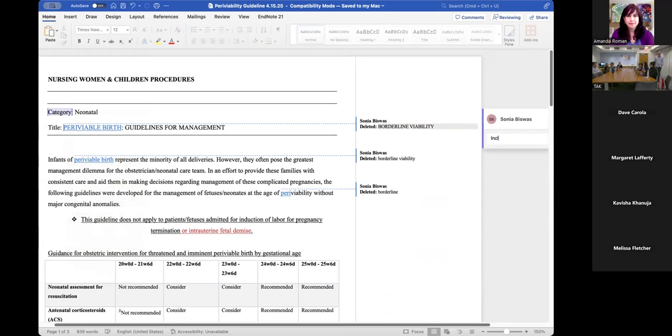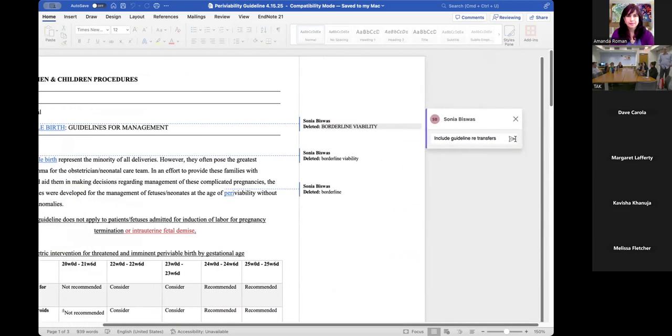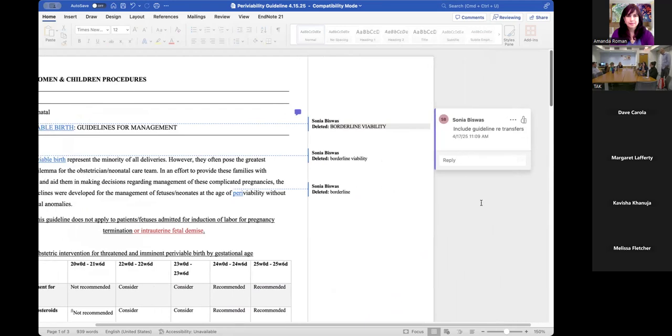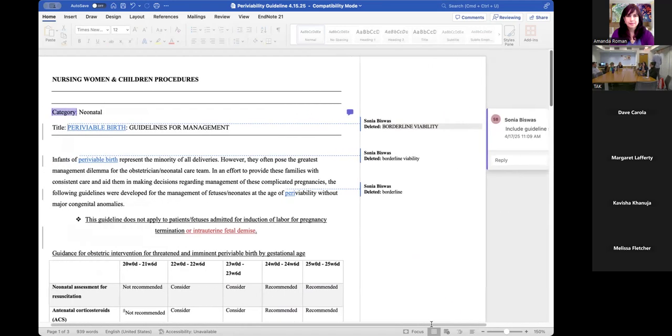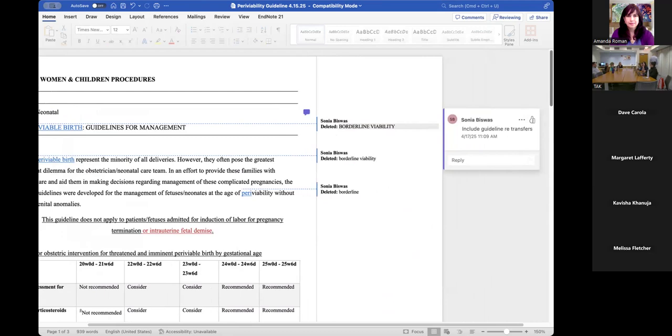Yeah. I think the patients have come to us with different expectations because of what they've been told at outside institutions, and then they end up coming here and sitting without any change in their care. But I've gotten called to come and talk to them, and some of them have been under the impression that we're going to be doing something different as far as neonatal care or the time at which we'd resuscitate, et cetera. So to have a unified statement for our folks to refer to, then communicate to the outside hospital